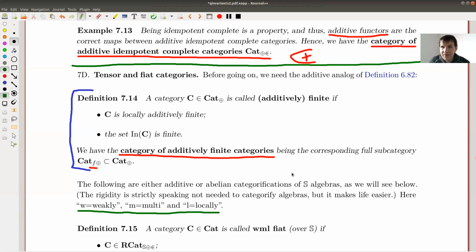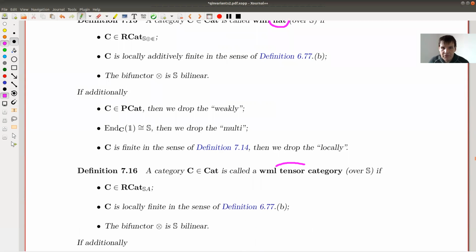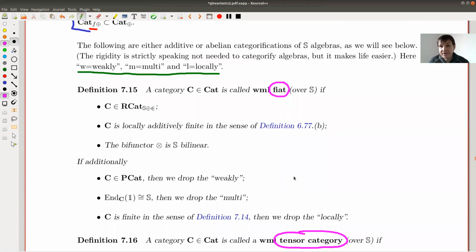Okay. And as I said, what I want is a categorical analog of algebras. And I already have two competing notions running, and I don't want you to look too much at the various flavors of those two competing notions. I only want you to look at the two competing notions. And the two competing notions will be the following. One will be something that we'll call fiat, and there will be something that I will call tensor category, whatever.